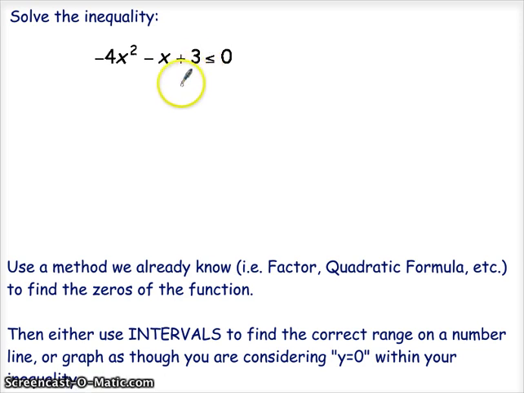So the first thing that we want to do is figure out our edges. And by that I mean, when would we be exactly equal to zero if you have a quadratic equal to zero here? So we can start that off by either factoring or using the quadratic formula, or really any method that we like in order to take advantage of where those points would be. And since that -4 is out here, I would say the quadratic formula is probably a pretty good idea. So let's go ahead and just set that up, since we're already set in here with a, b, and c